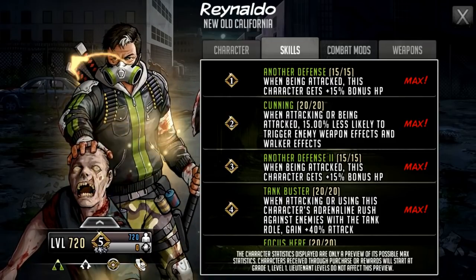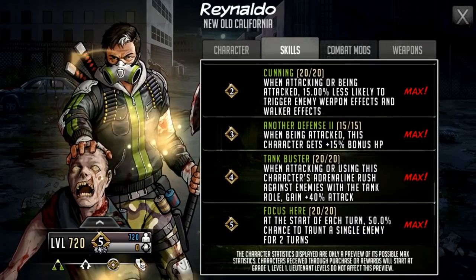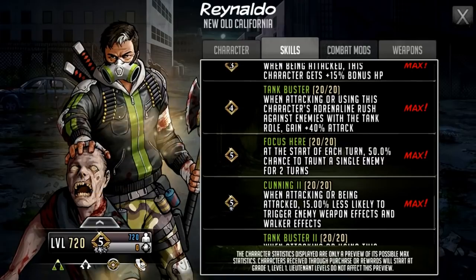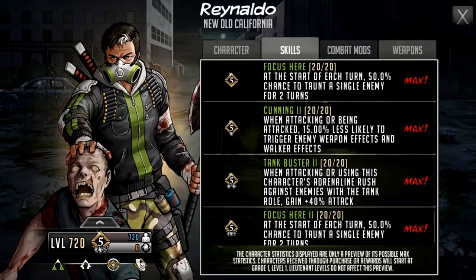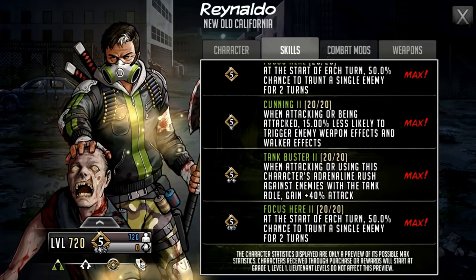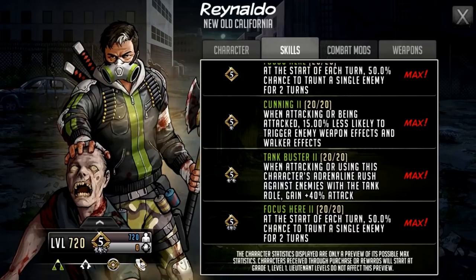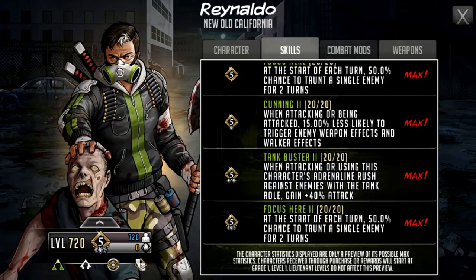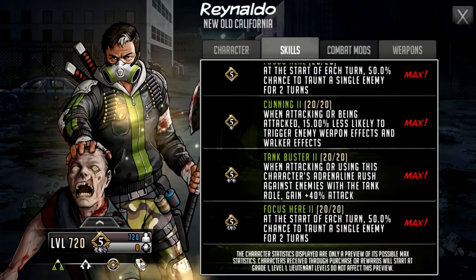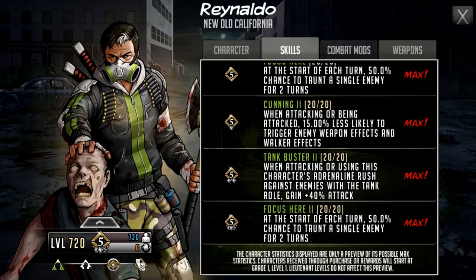The next one is Tank Buster Part 1 at grade 4, and then Focus Here Part 1 at grade 5. Then we move on to the limit breaks, and we get the second part of Cunning at limit break 1, the second part of Tank Buster at limit break 2, and the second part of Focus Here at limit break 3. Now, when it comes to his passives, I would say he needs to be maxed out. This is where a lot of his power is. The 100% chance to taunt